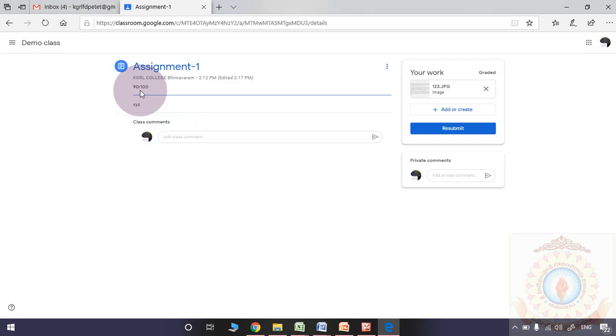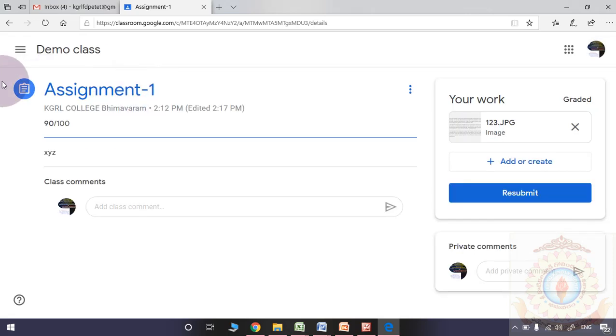So please observe, in the student browser, as the reply to this assignment, he or she will find this 90 by 100. They may send a private comment also to the teacher if any query is there.